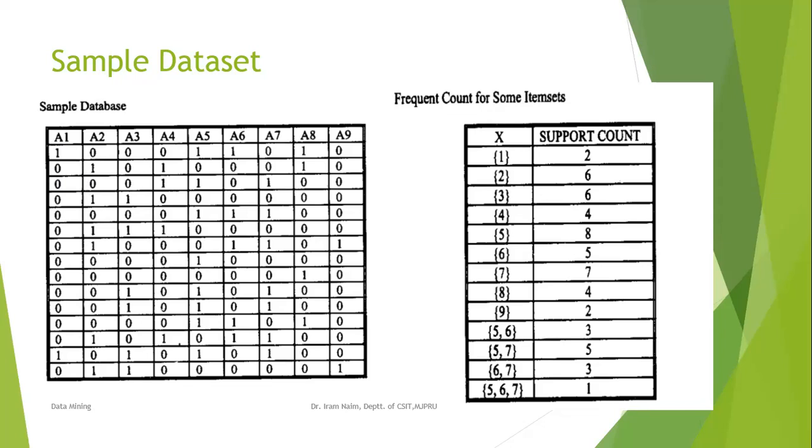मतलब जो फर्स्ट आइटम सेट है A1, उसका सपोर्ट काउंट फाइंड आउट करना है तो हम देखेंगे A1 कितनी बार आया है। एक बार ट्रांजैक्शन 1 में और एक बार ट्रांजैक्शन 14 में आया है। अगर हम A1 का कॉलम देखेंगे तो 1 दो टाइम्स आया है। तो द सपोर्ट काउंट वैल्यू ऑफ A1 आइटम इज 2 बिकॉज A1 इज सपोर्टेड बाय ओनली 2 ट्रांजैक्शंस।